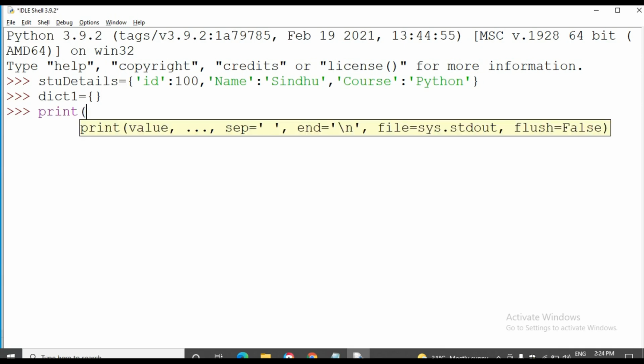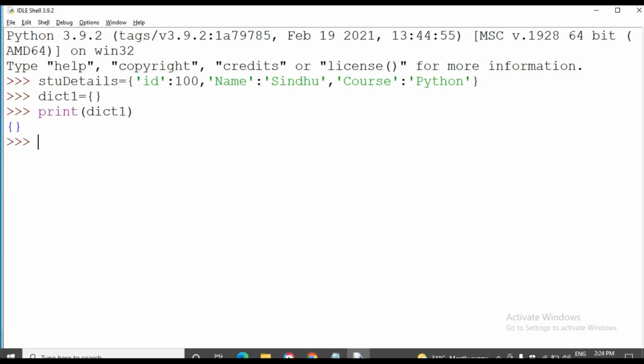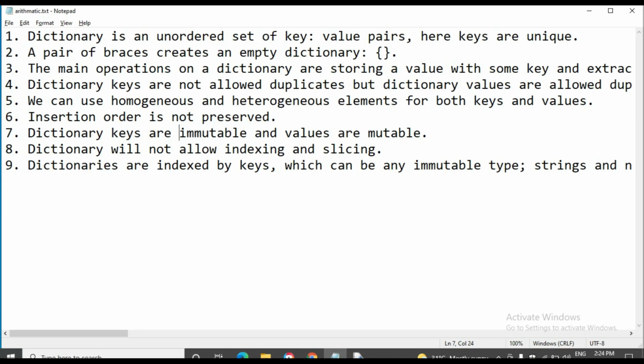Take one pair of braces, print dictionary 1. See, it's an empty dictionary.